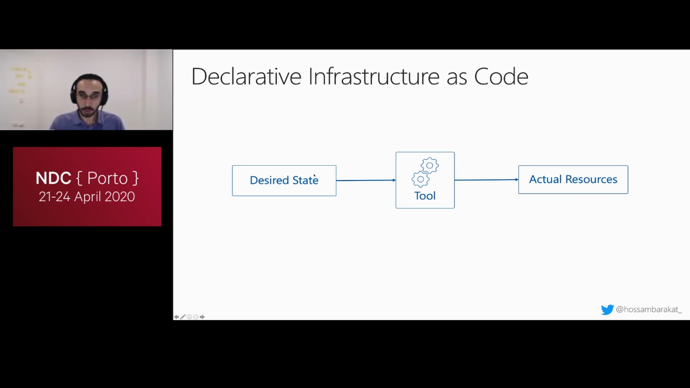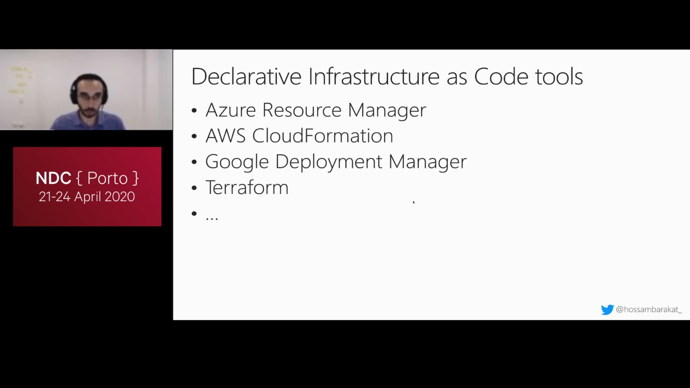And if we look at the current industry, we will find a lot of tools that help us achieve this declarative infrastructure as code approach, such as Azure Resource Manager, AWS CloudFormation, Google Deployment Manager, and the most famous